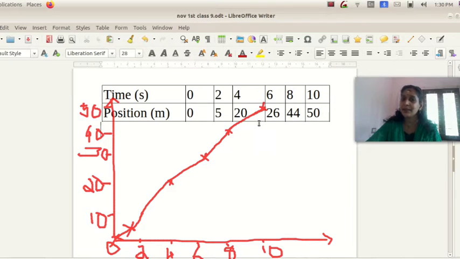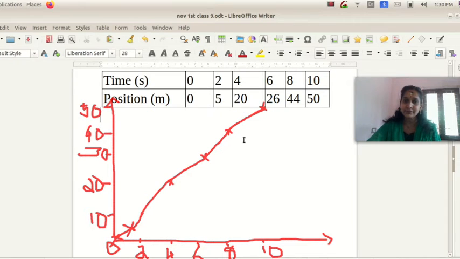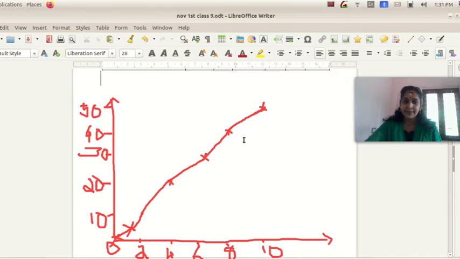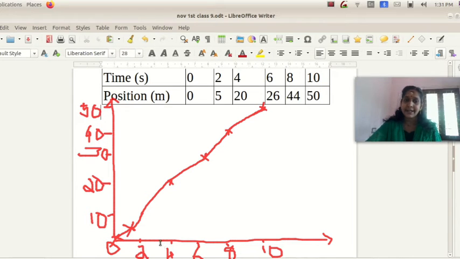At 2 seconds, the position of the car is at 5 meter, isn't it? At 3 seconds, the car should have traveled exactly